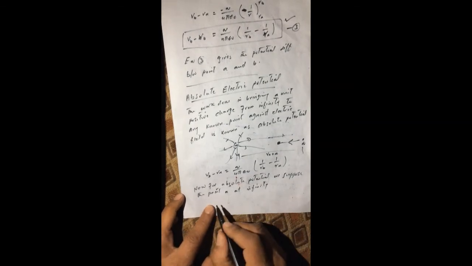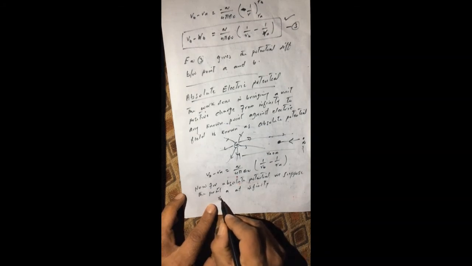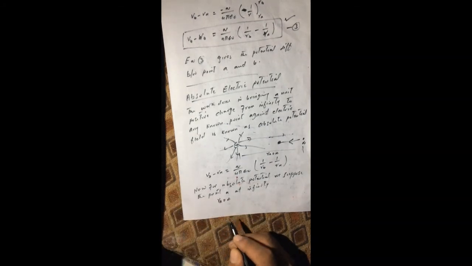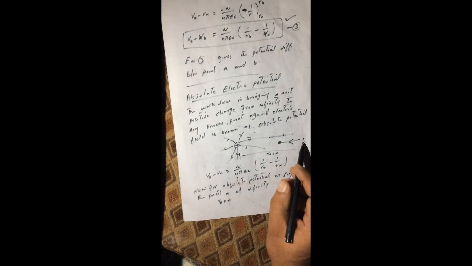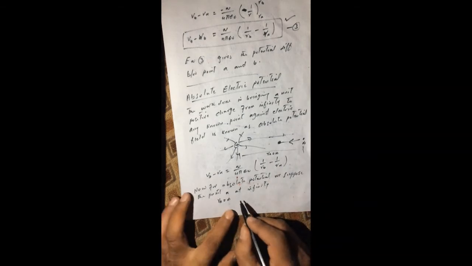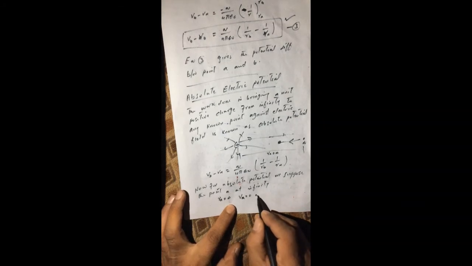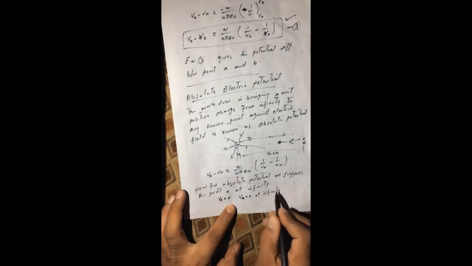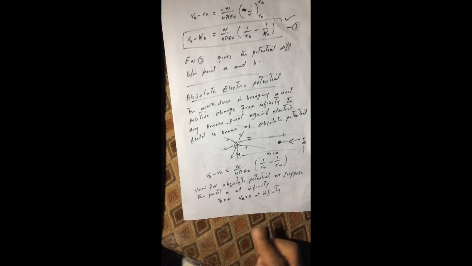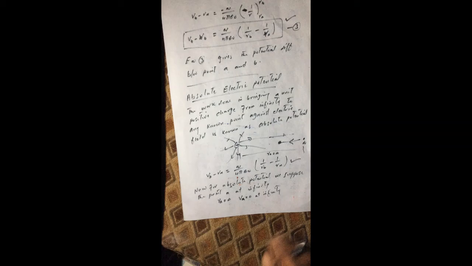So under this condition we can write RA is equal to infinity, and we know that at infinity the potential will be 0. So VA is equal to 0 at infinity. Now using RA equal to infinity and VA equal to 0 in this equation, we get